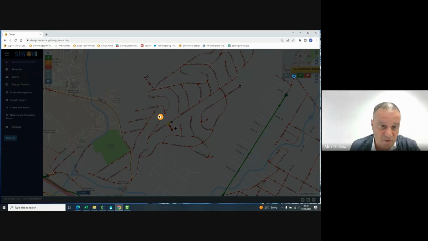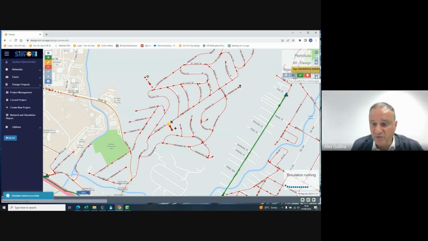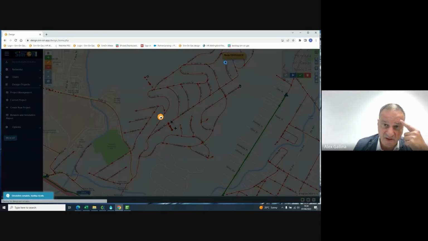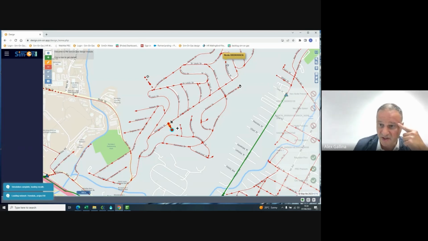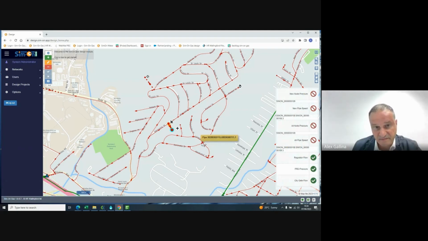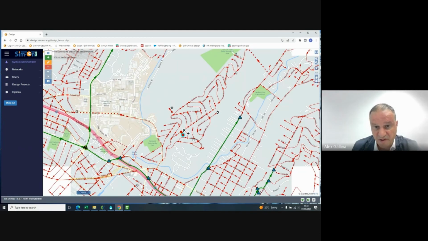And the result I expect will be quite dramatic because I maybe went overboard with the demand allocation. This pop-up window, which will return in a few seconds, will give me a preview of the results. It will check if my addition to the network causes a problem exactly at the point where I'm adding or elsewhere in the network. Because by adding demand here, I might put into crisis a point maybe here, because maybe the most critical point in the system was around this location. You see, I screwed up quite significantly in a number of situations. So this is something I probably will not want to approve. But if I did approve,